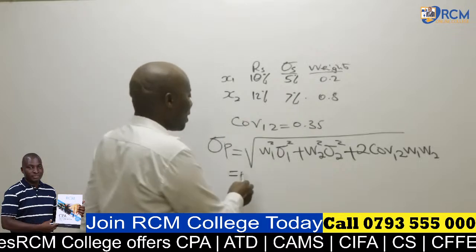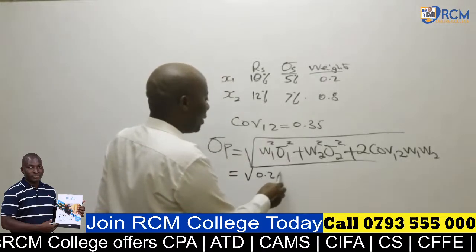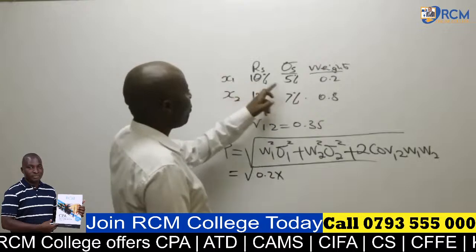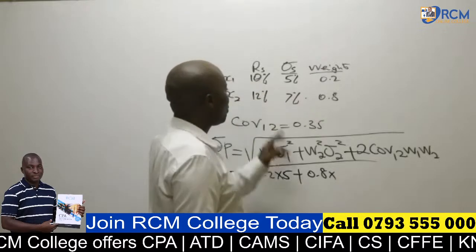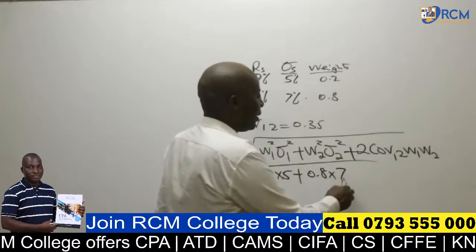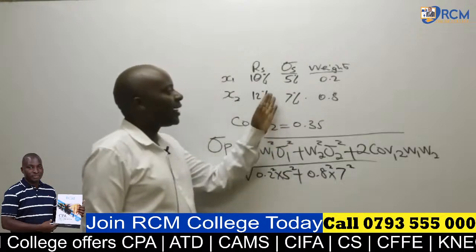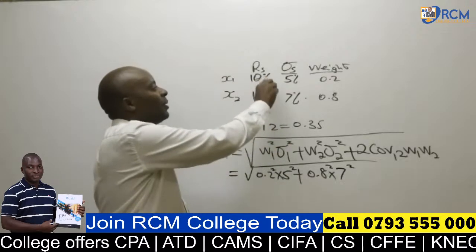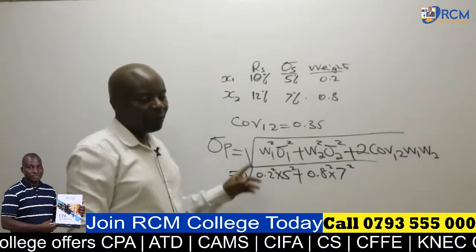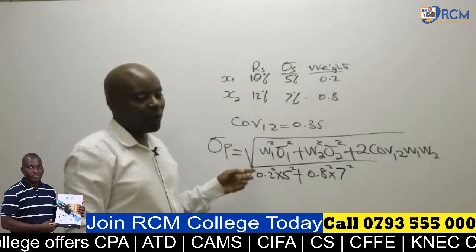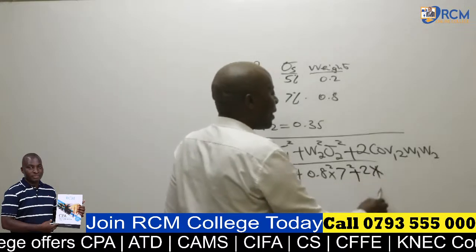So the weights are here. Weight 1, we have 0.2 times standard deviation 1, which is 5, plus 0.8 times standard deviation 2, which is 7. It's always important to leave out the percentages, even in the returns. In portfolio management, you leave them out. So 0.2 squared times 5 squared plus 0.8 squared times 7 squared plus twice the covariance between